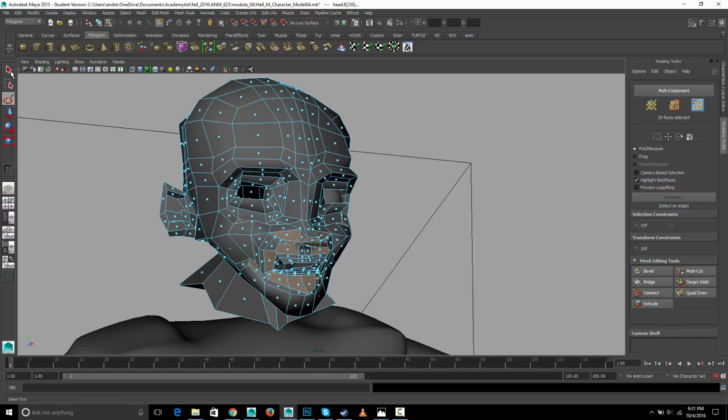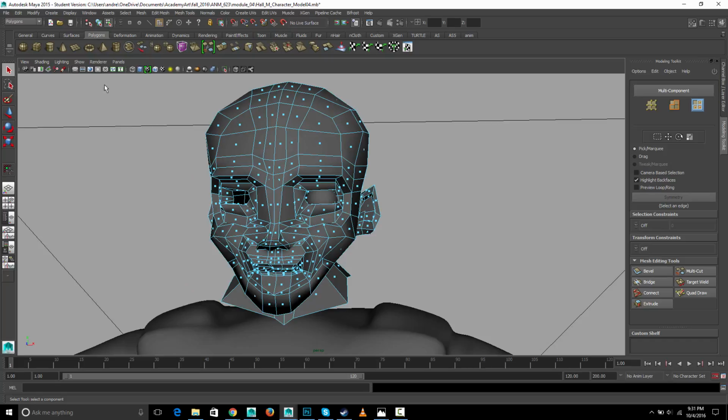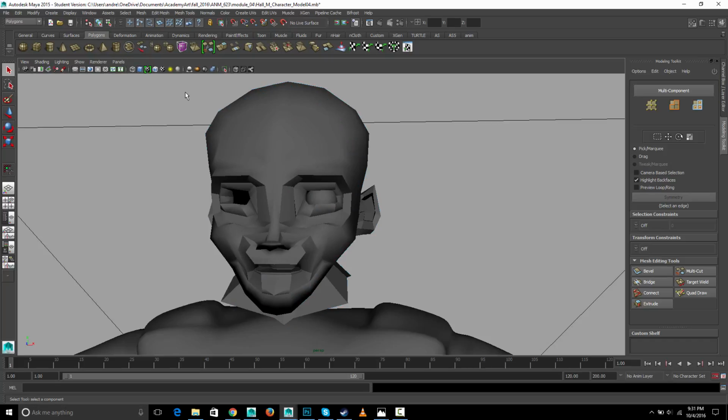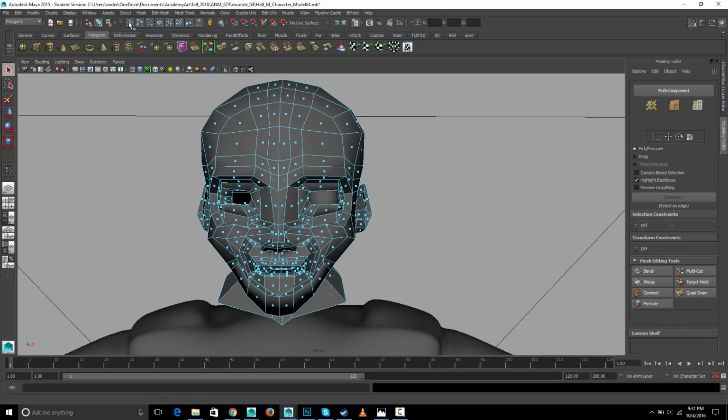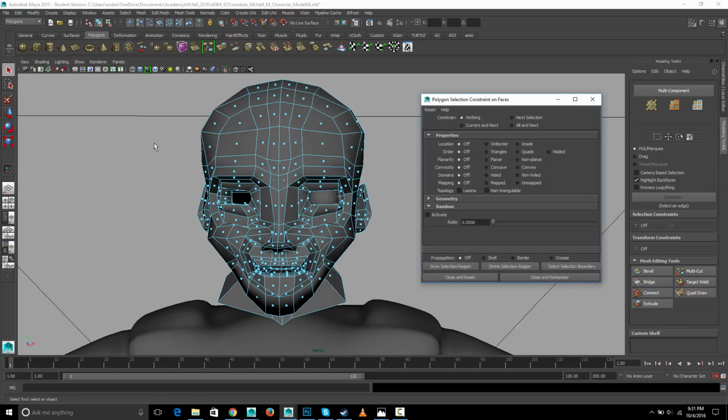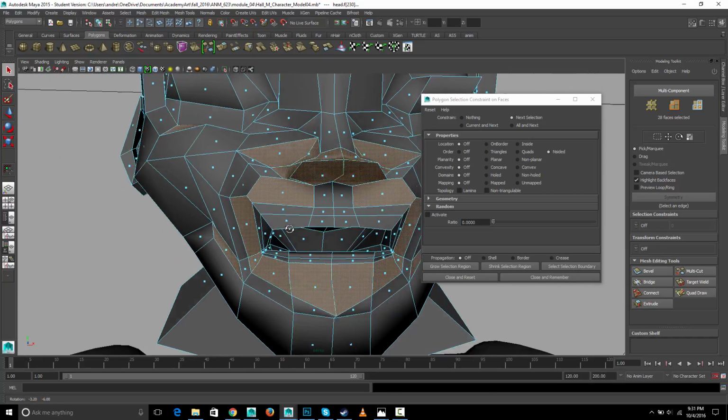whoops, didn't mean to click that. Okay, so I've got them there. I just did it a second ago, but let's deselect that. So if I go to select using constraints, and let me do it on my next selection, where it says order, turn on n-sided. So you see we have triangles, which are 3-sided faces, quads, 4-sided faces, and n-sided everything else, right? 5 and more. So then I select everything here, and now it's selected everything that has